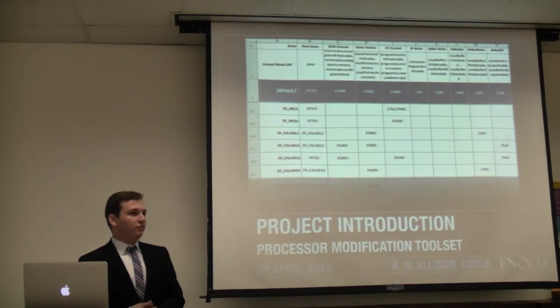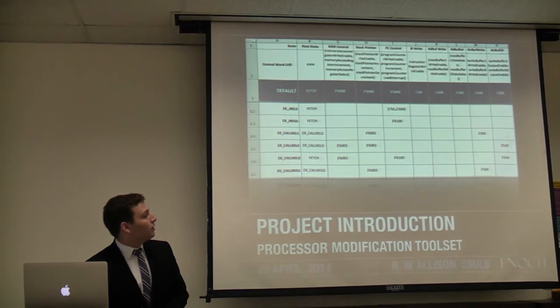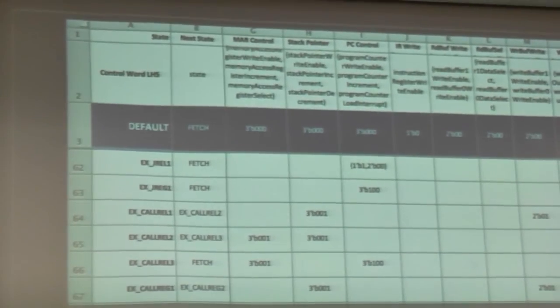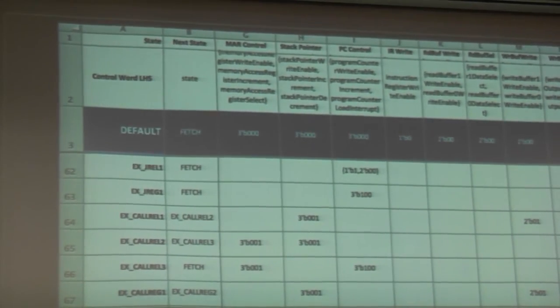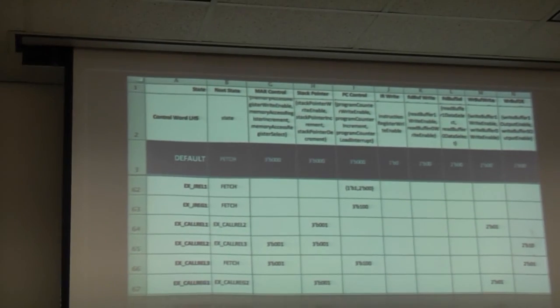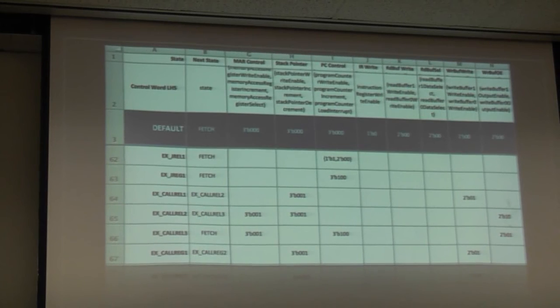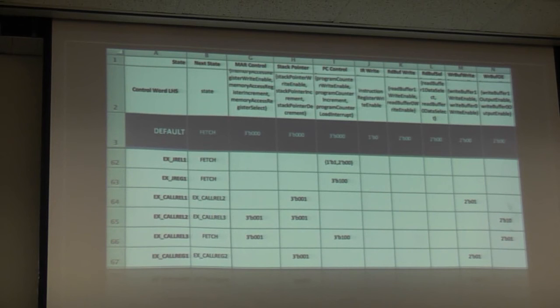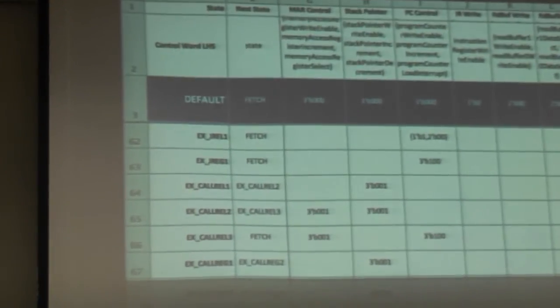So for the sake of adaptability, we made what we call our processor modification toolset, which is a toolset for adding enhancements so that when the customer in the future, as processors get more and more powerful and more becomes available, they can enhance their processor even more. So how it works is there's a default state for all of the control words, and then in the cells you can override those default states, and at the end you can generate your entire list of control words inside